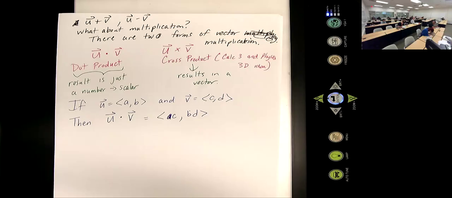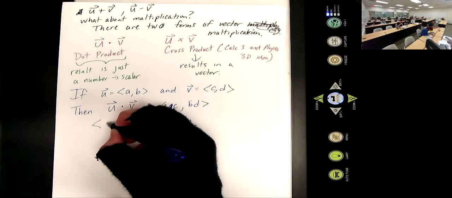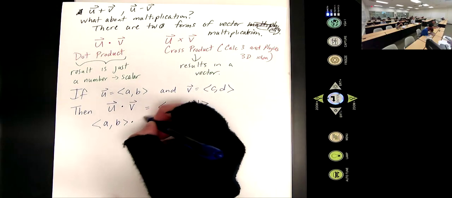Which is handy. It's exactly what we did with addition and subtraction: we added the X components, added the Y components, or subtracted. The multiplying looks the same here for the dot product, which is nice, it's not changing the strategy up. So (A, B) dot (C, D)